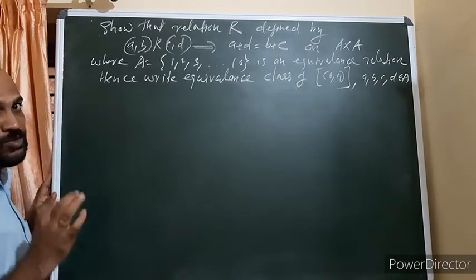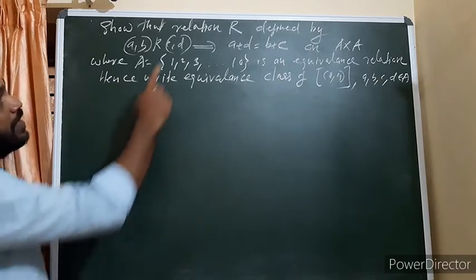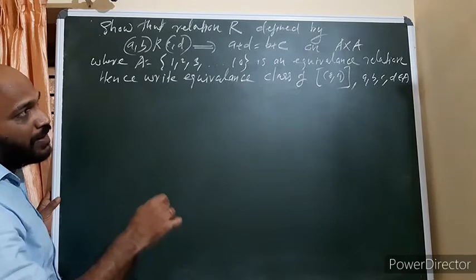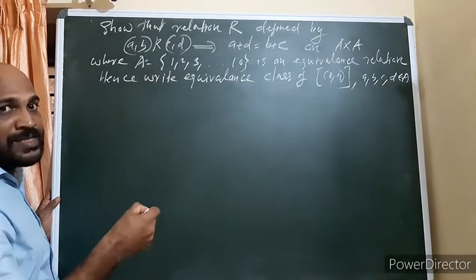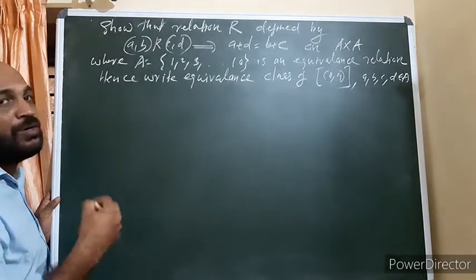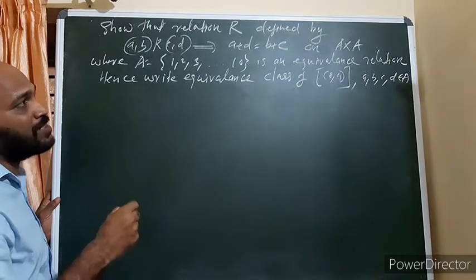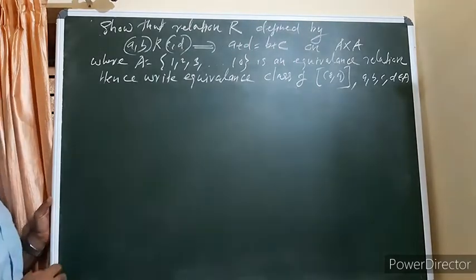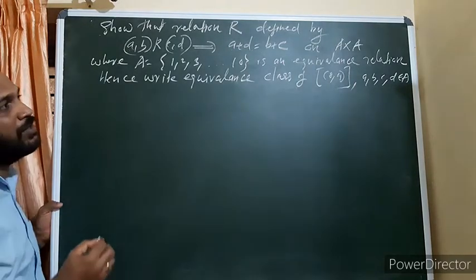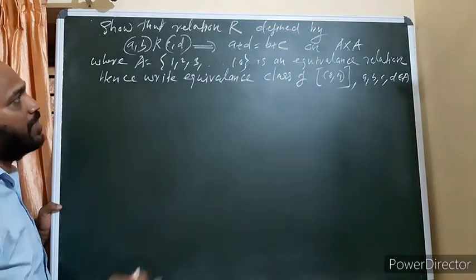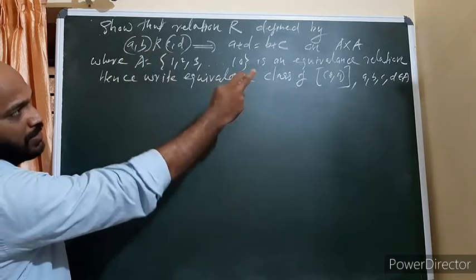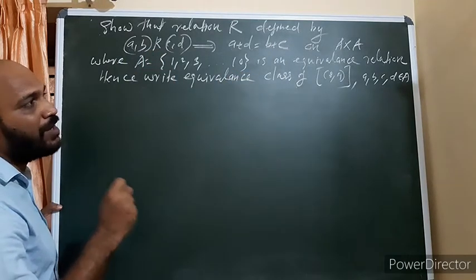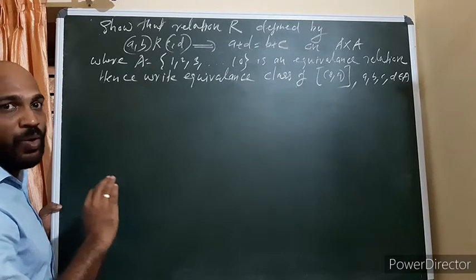I will explain this question for you. Here R is a relation on A cross A. That means you have to find elements of A cross A. If R is a relation on L means you have to find two straight lines. If R is a relation on T means you have to find two triangles. And if R is a relation on Z means you have to take two integers. Here R is a relation on A cross A. That means you have to find two elements of A cross A. Elements of A cross A will always be ordered pairs.